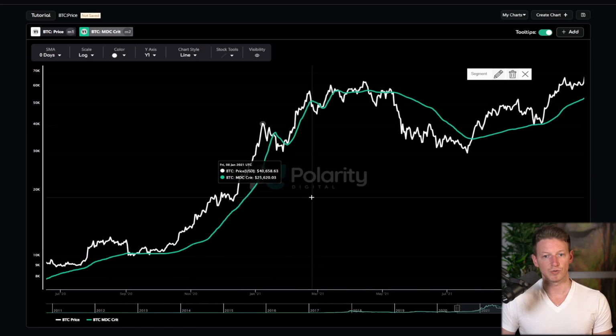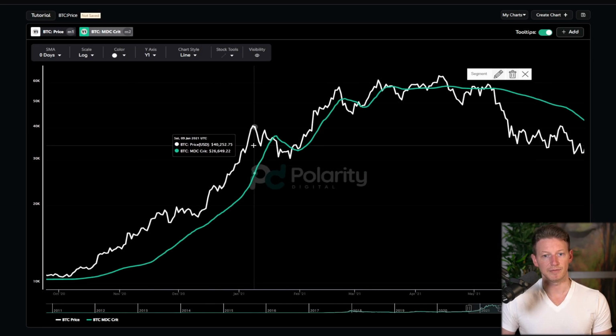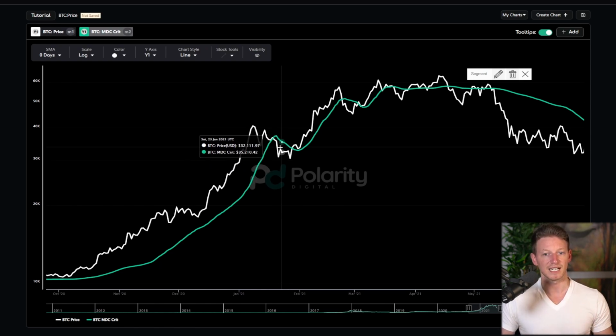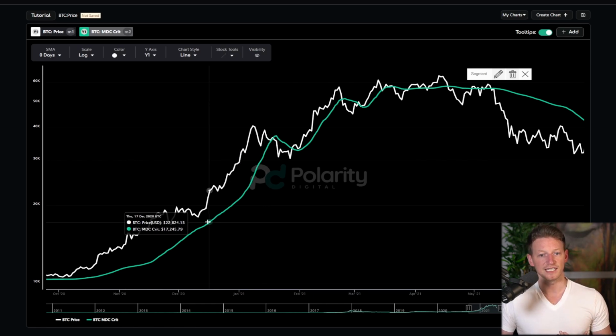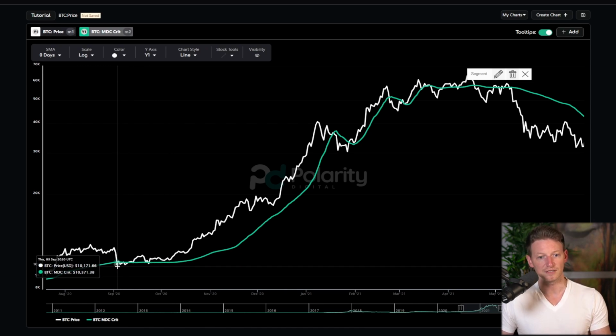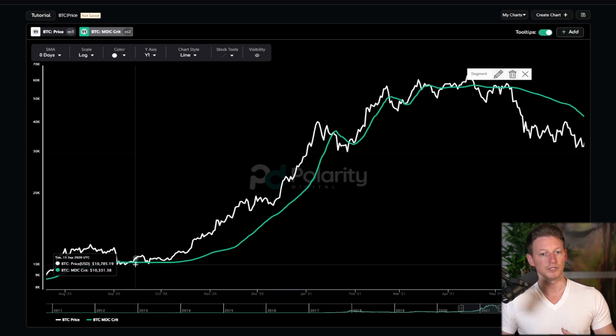So if we just come back to 21, you can see that even back at this time, we'd get up to 40K and then drive all the way back down to around 33K, 30K, right? So we had these much larger moves happening in a very short amount of time. And importantly, you'll notice that the MDC was right there telling you when to get in and when to get out. Again, you'll notice there were these little fake outs here, but if you were using this kind of approach where, all right, I want to see the market go on this uptrend and I'm not going to just go all in on day one.